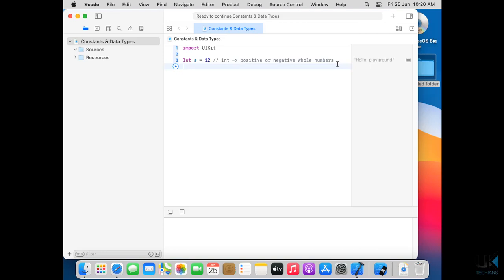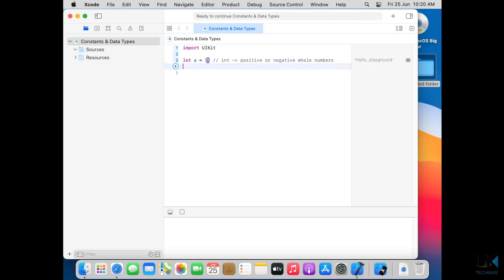Let's suppose we are initializing it like this, 11. It will generate an error saying cannot assign to value: a is a let constant. Because a is a let constant, it cannot take any other value unless you initialize it here.